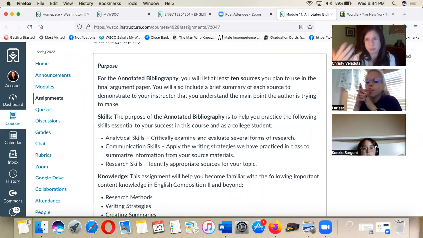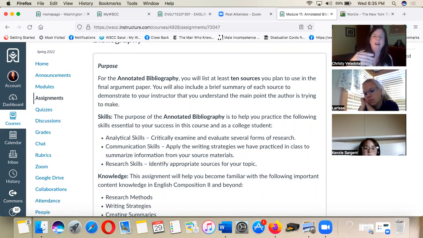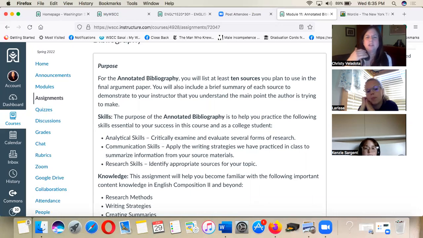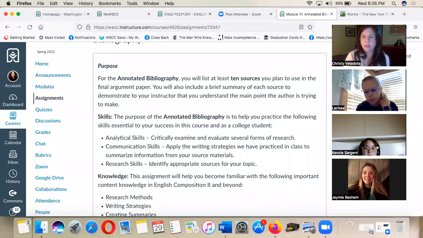I usually keep this assignment for Comp 2, although I have known at least one CCP, dual enrollment teacher, who teaches this class at a high school and was teaching the annotated bibliography. I was kind of impressed that he was doing that for Comp 1, because it's a little bit higher level thinking, I think. So basically the idea with the annotated bibliography,